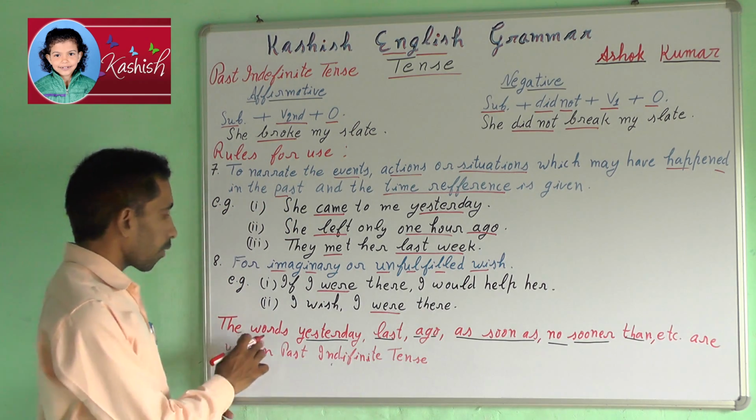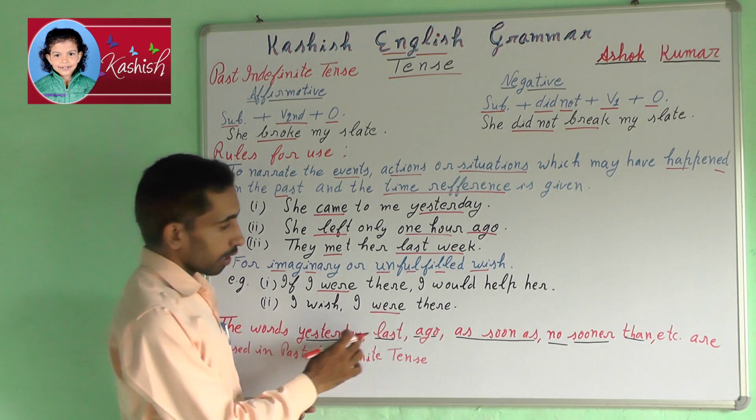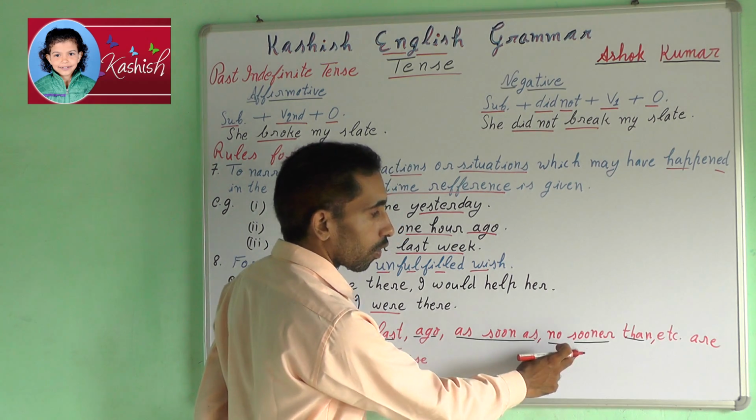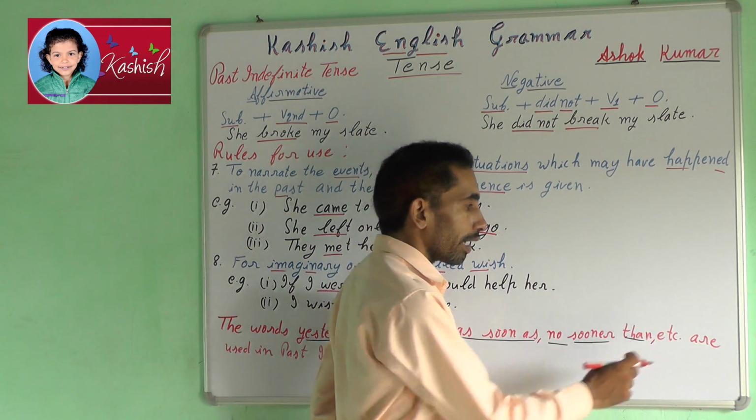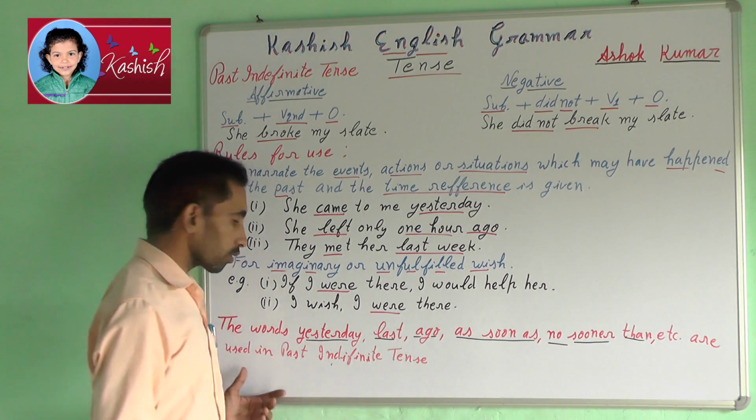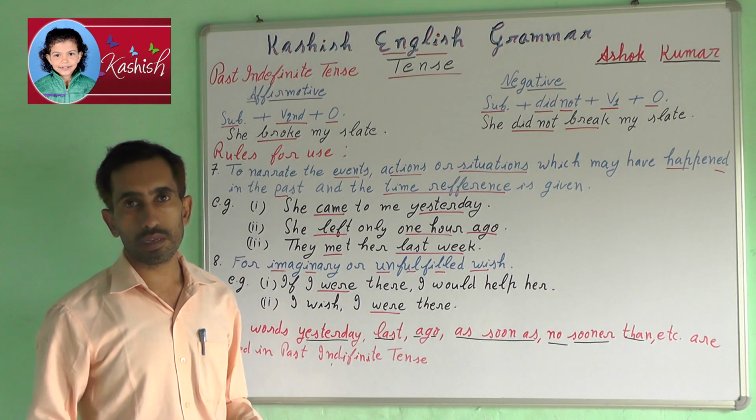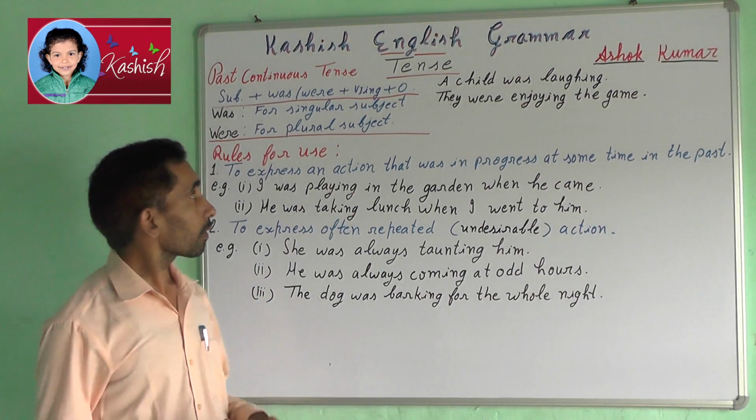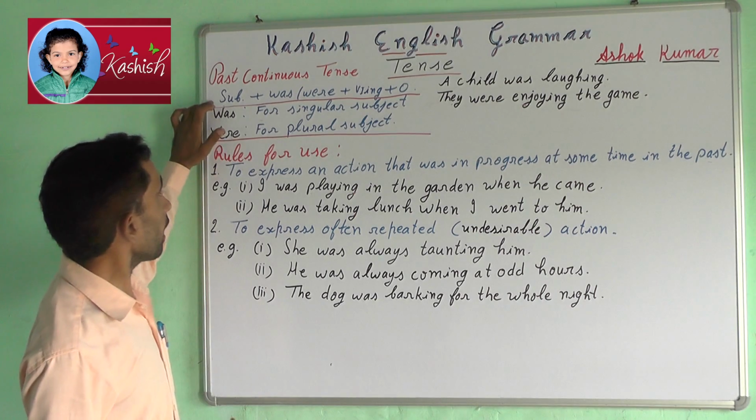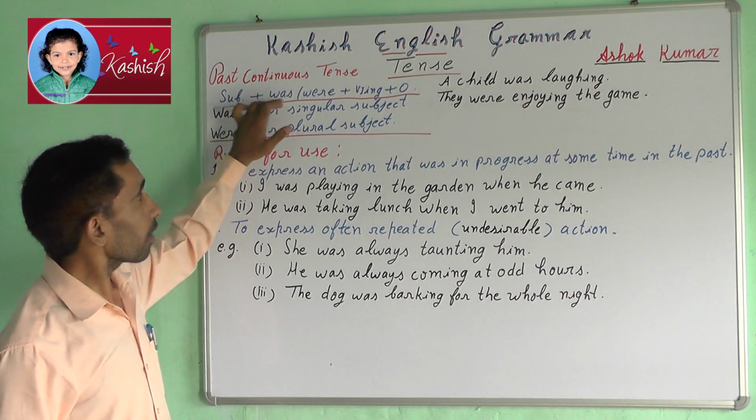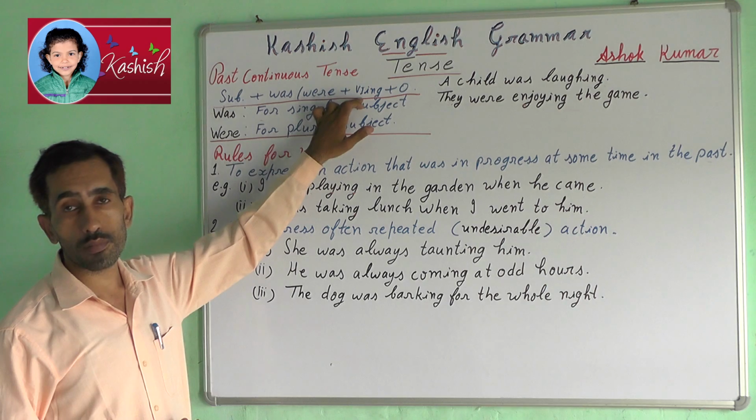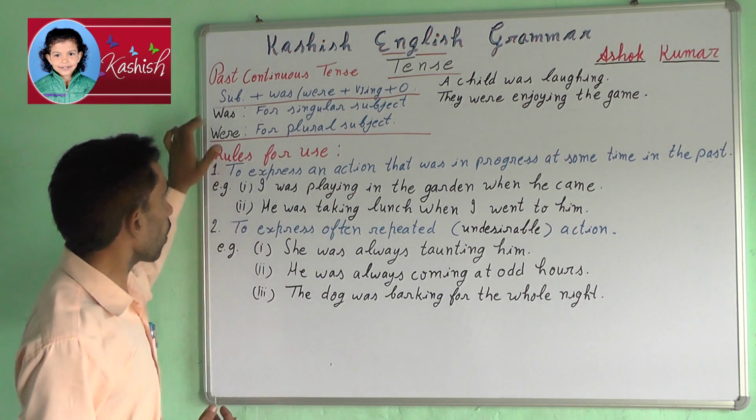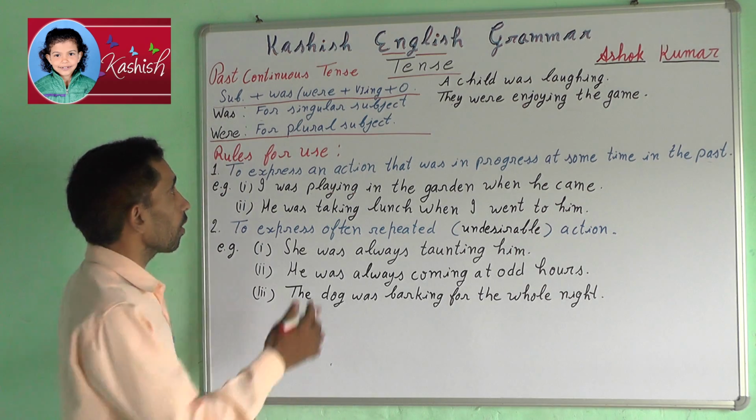Note the words yesterday, last, ago, as soon as, no sooner than, etc. are used in past indefinite tense. Past continuous tense. Structure: subject plus was or were plus first form of the verb with ing plus object. Was is used for singular